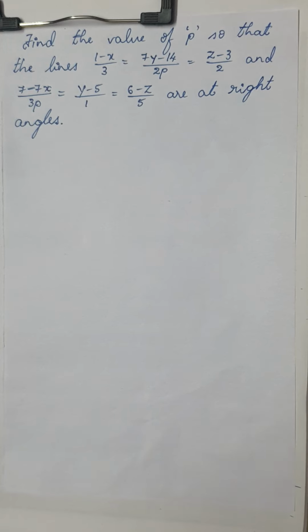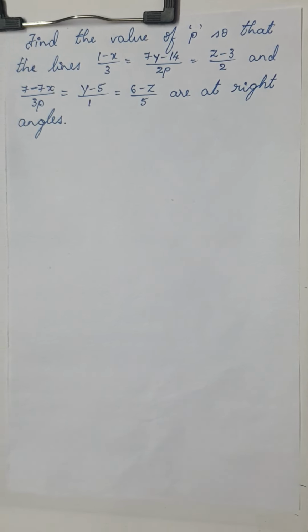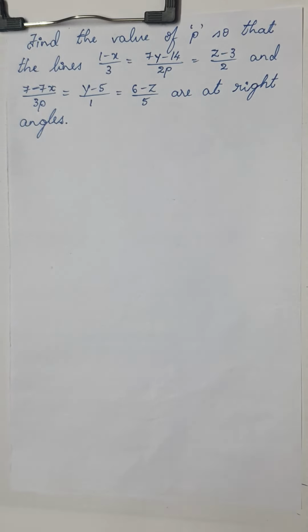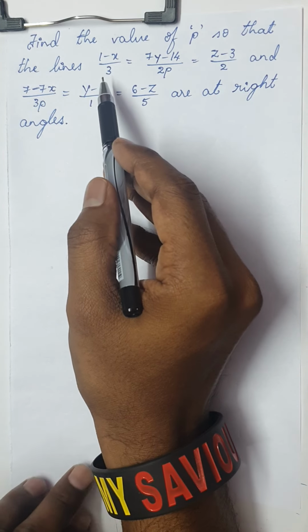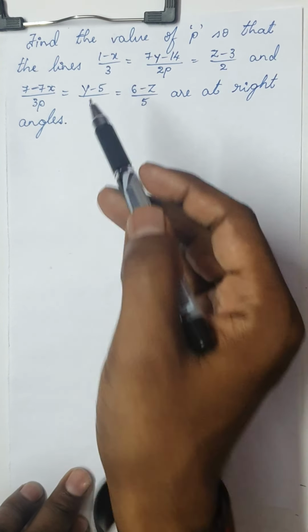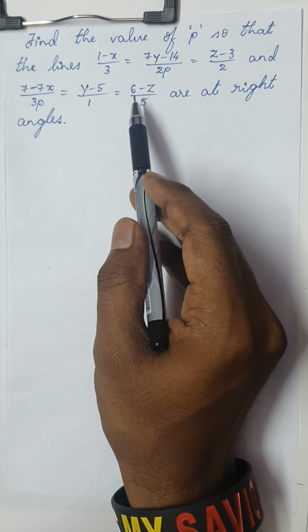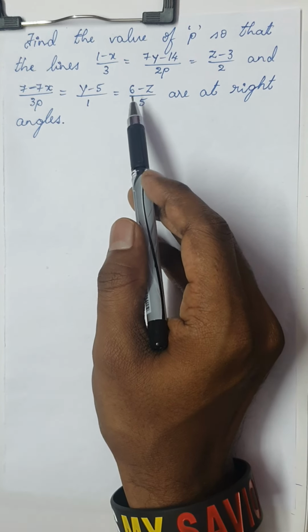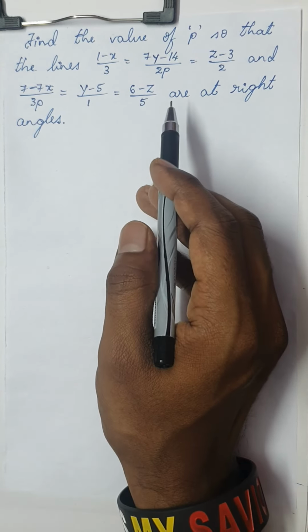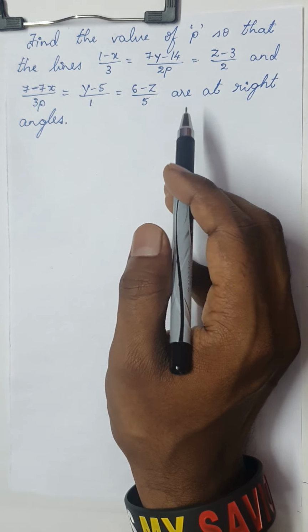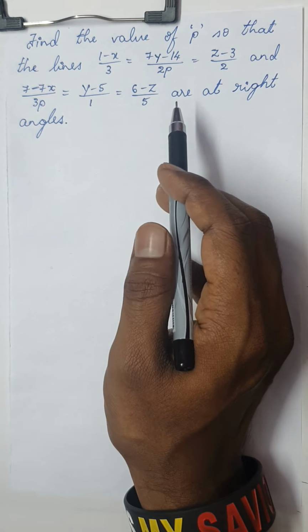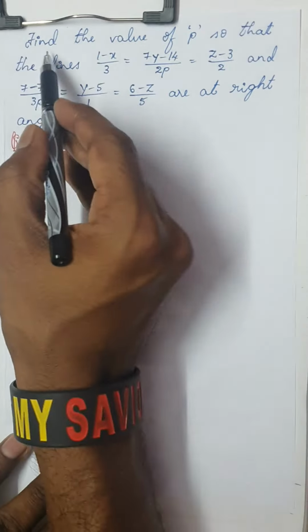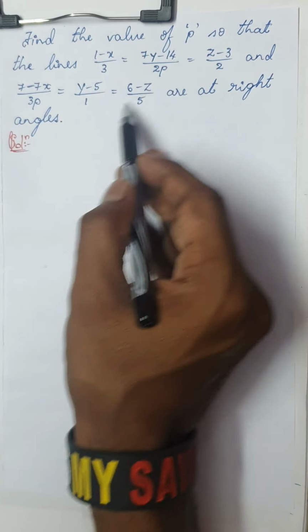Dear students, we have almost come to the conclusion of this session. Before I wind up, I want to solve one of the questions which I had given as homework in the previous session. I don't know whether you have solved it or not. Let me solve it and conclude this session. The question is, find the value of P so that the two given lines